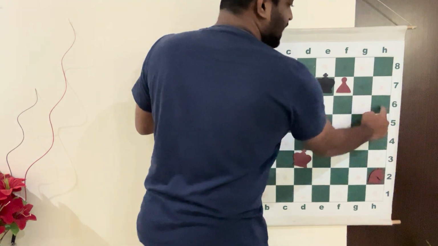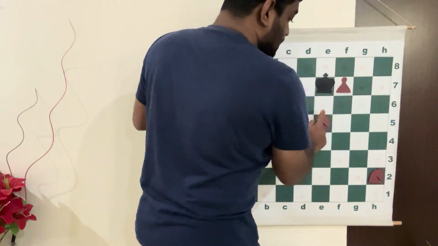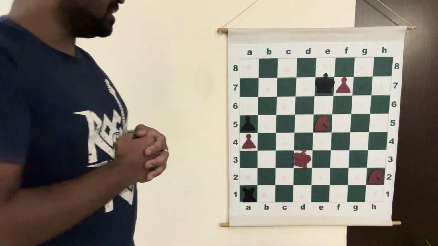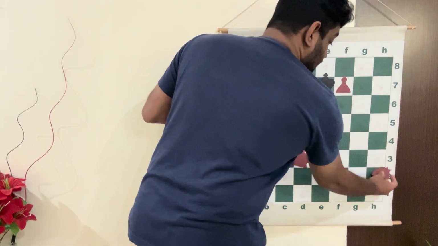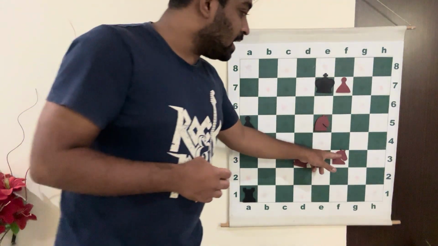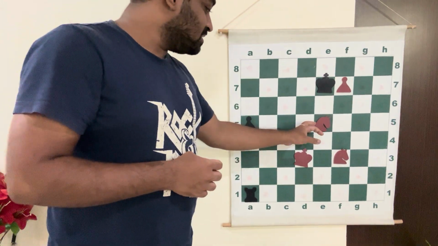So knight g4, knight h6. Then the knight is defending this. Then this knight comes and you promote, with tempo, like you're giving check and promoting. So Gukesh found knight g4. Knight f3 is not winning. Knight f3 also seems the same plan, knight g5 and then knight g6, but it's not winning because after this rook a3,